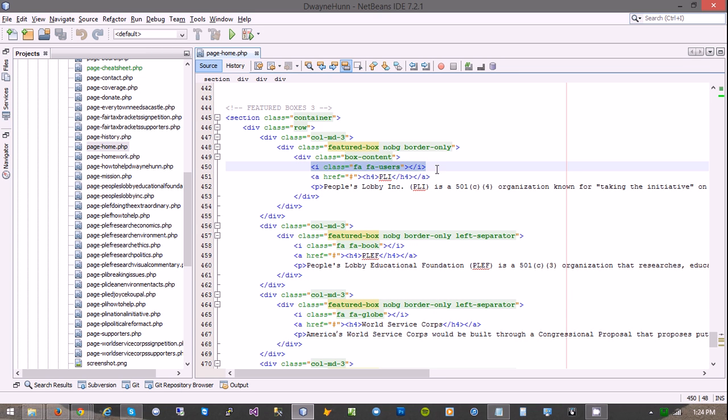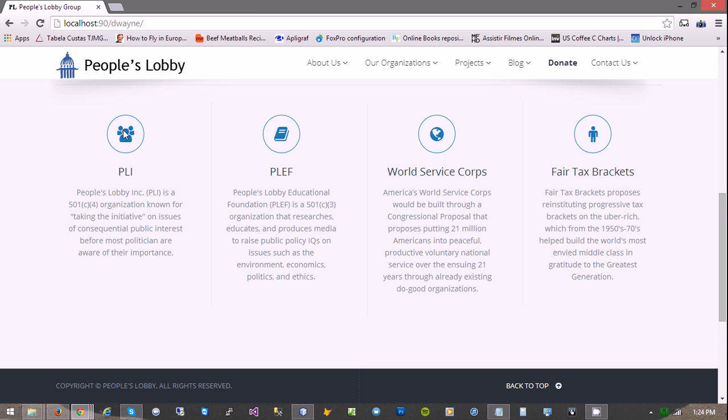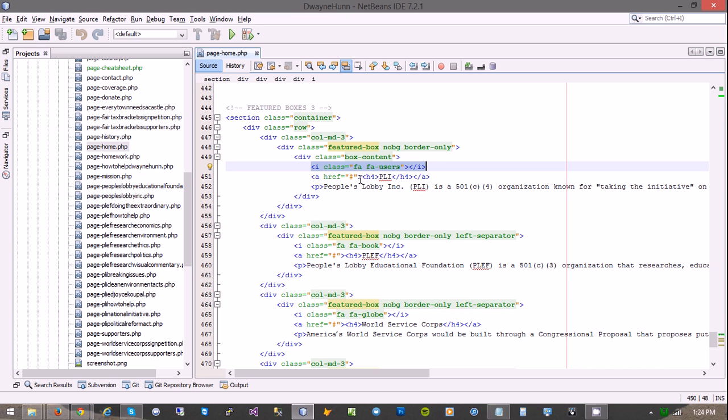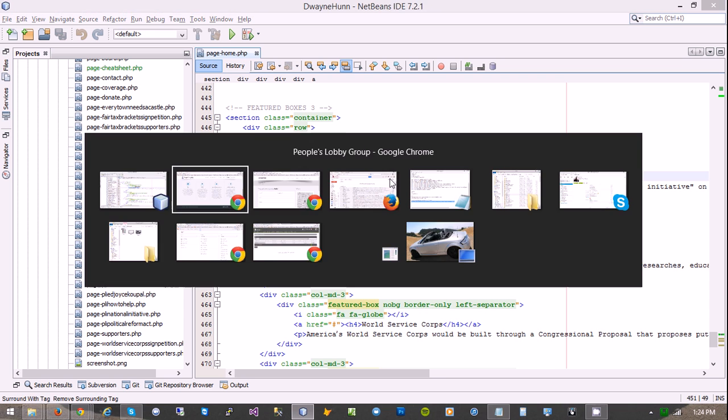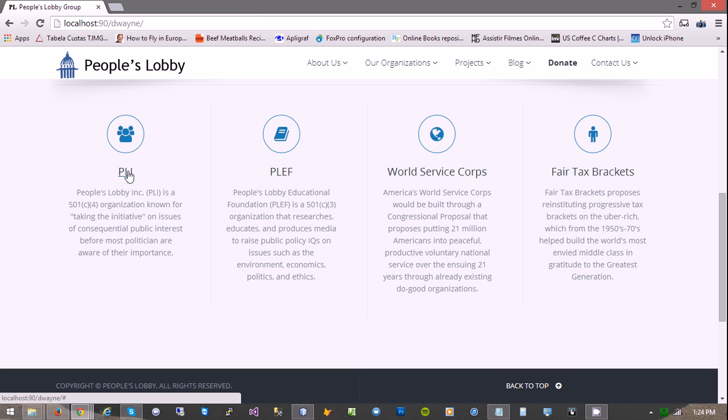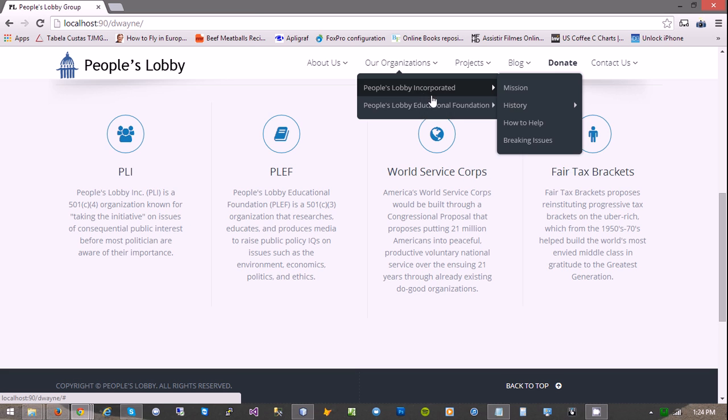And here we have this, the eye icon is always the image. So this is what the eye represents, the little round circle with the users. We have a link, right? This is a PLI. Actually, the link is not pointing anywhere at the moment, right? We have here People's Lobby Inc., and there are different pages where we would add it. So let's say that we would like to point that link to the mission, right? The PLI mission. And so what we have to do here,